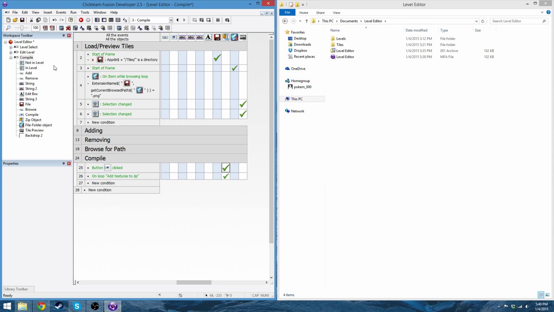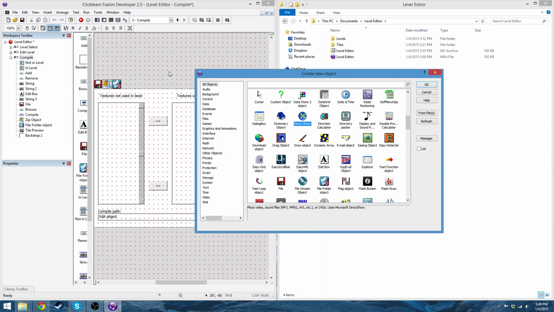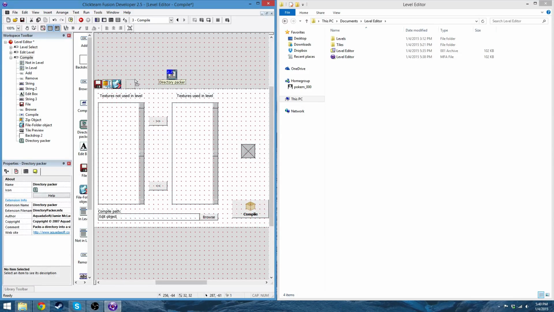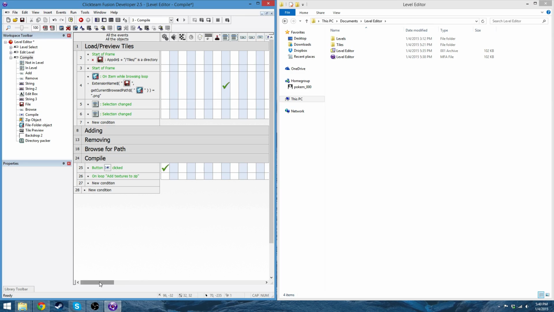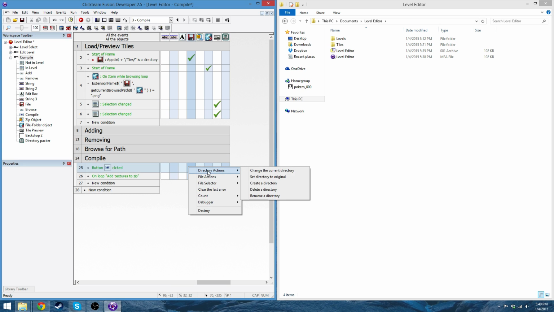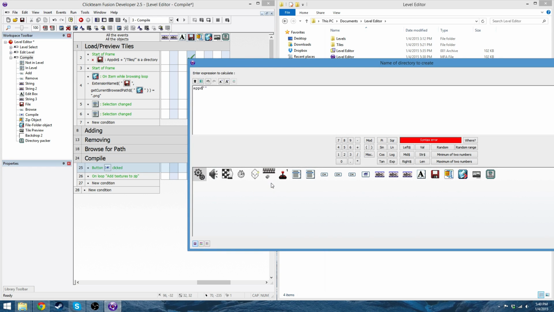You know what? I know what I can do. I'm going to use directory packer. Put directory packer in here. When the button's clicked, I'm going to get rid of this because the zip object isn't wanting to work. When the button's clicked, you're going to file directory actions. Create directory is going to be appdir $+ compiling slash. Make sure you have a slash here. I don't think you need a slash there, but just leave it. Plus,